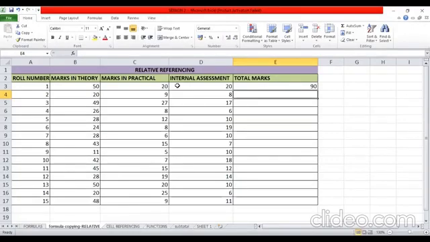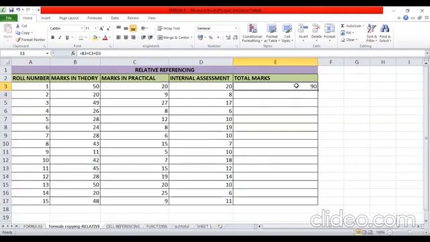Now how am I going to copy the formula? Again, I'm revisiting what we discussed in the last session. How do I copy the cells? I can copy the cells either by the right click menu or from the home ribbon, copy and paste commands, or I can simply use Control C and Control V through the shortcut keys. But I'm not going to use any of these ways. What I'm going to do is use the fill handle.